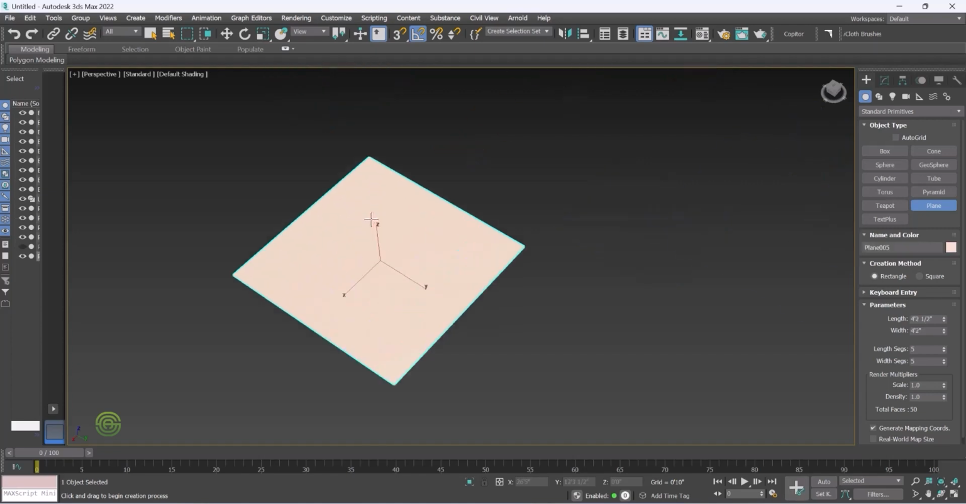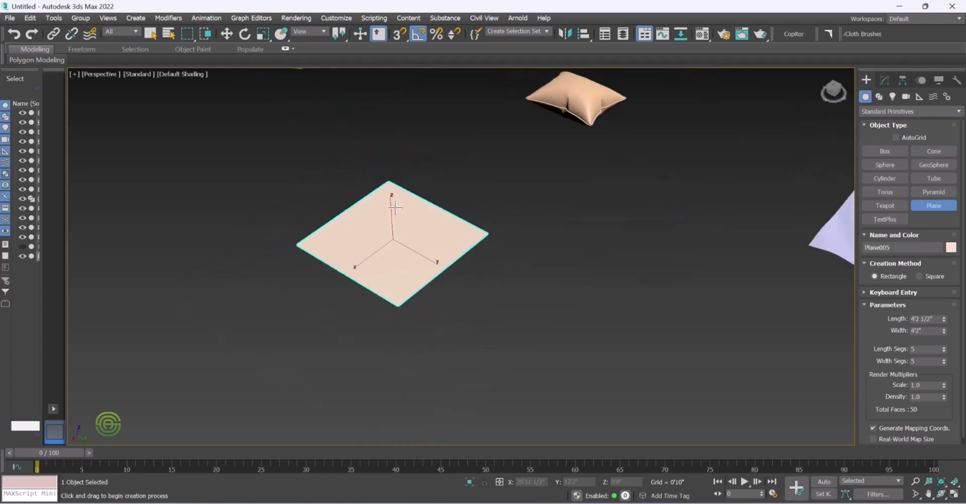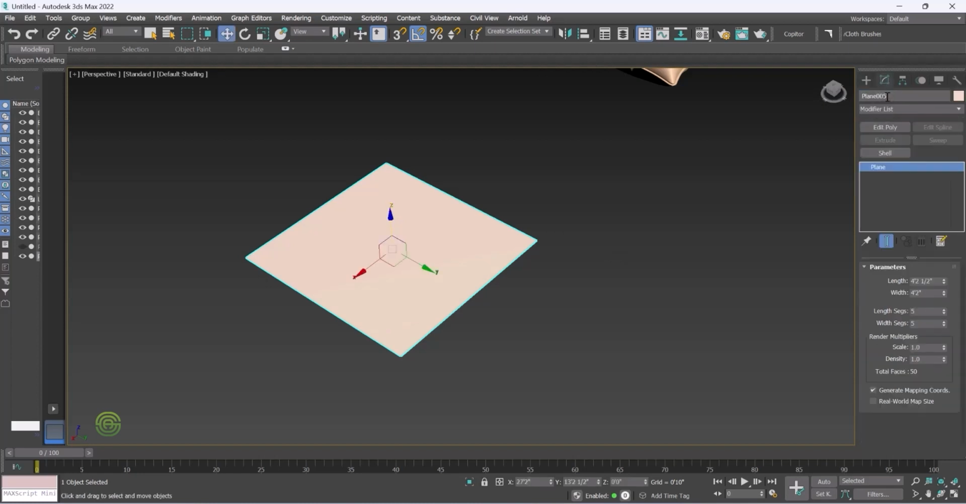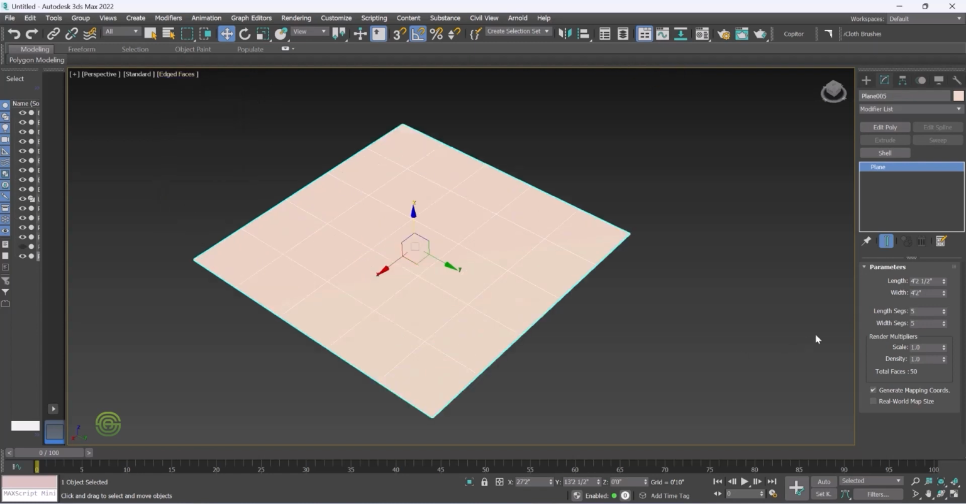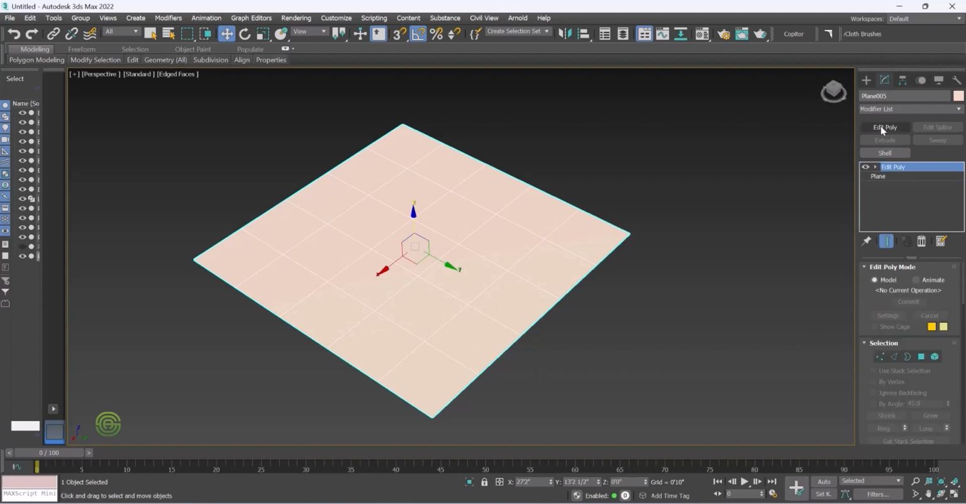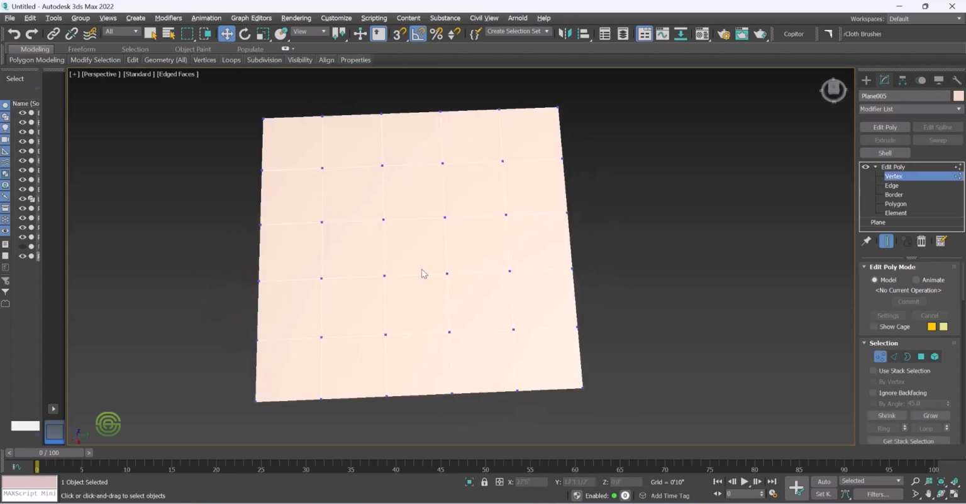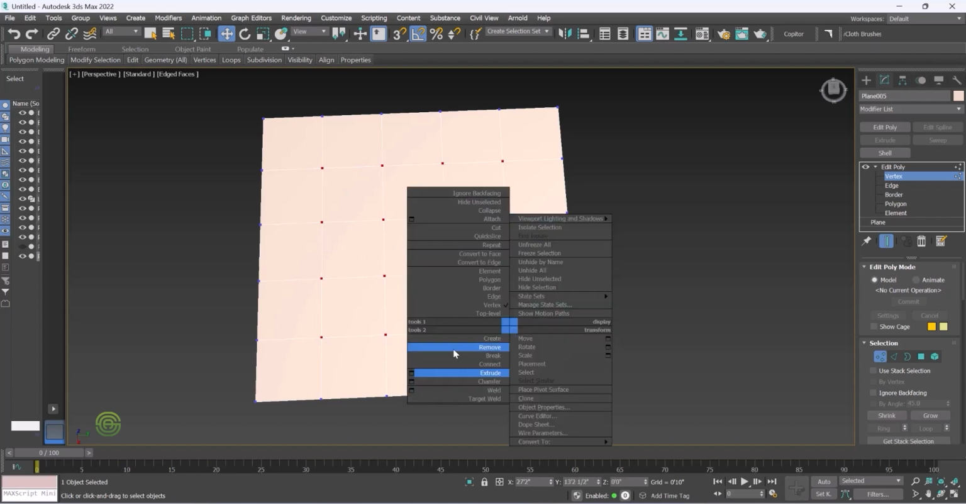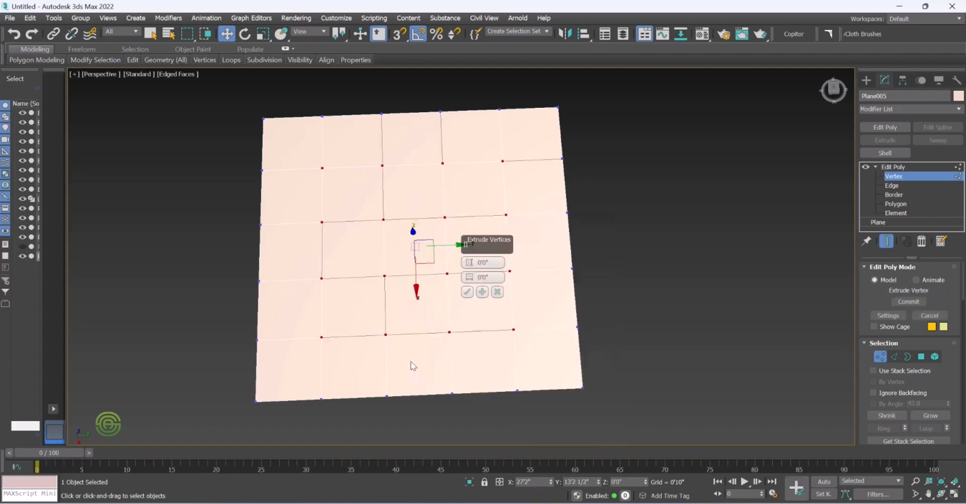Take a square plane and now go to modify. Turn on the edged faces. Okay, let it be like this. And now go to modify and click on edit poly. Now under edit poly, select vertex. Now select these vertices. Give a right click, extrude. Now extrude it